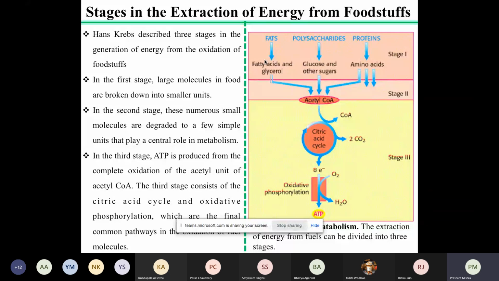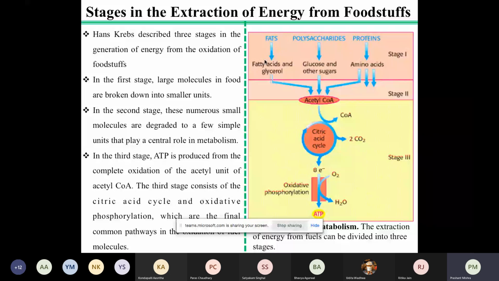Same way, when proteins are being metabolized, you get amino acids, and these amino acids enter in the next stage. Now it's very interesting that whether energy is coming from fat, carbohydrate, or protein,